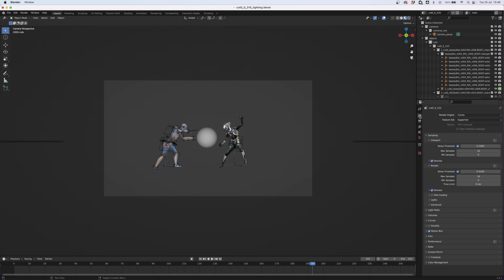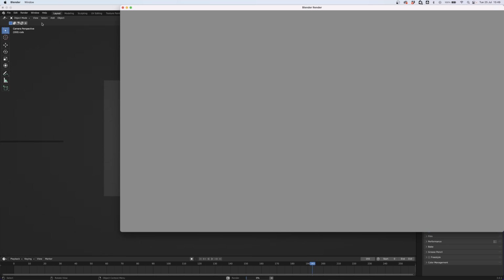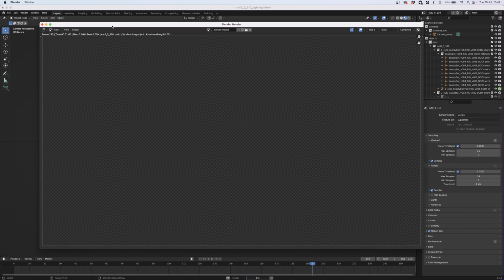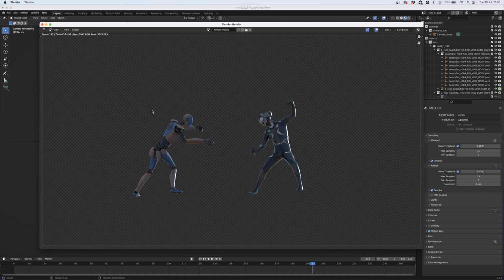If you go to the render menu here as well, the little camera icon, you can go down and turn on motion blur. You could then go up to Render and press Render Image for a still image or Render Animation to see the full sequence. Just press render now, have a quick check. And there we go, it's rendered out our two characters on a transparency, and we can go ahead and render out the full sequence and use that instead of the difference matte approach used earlier on in the video.